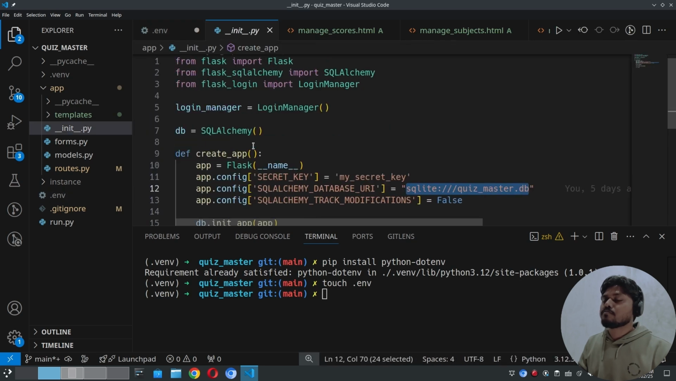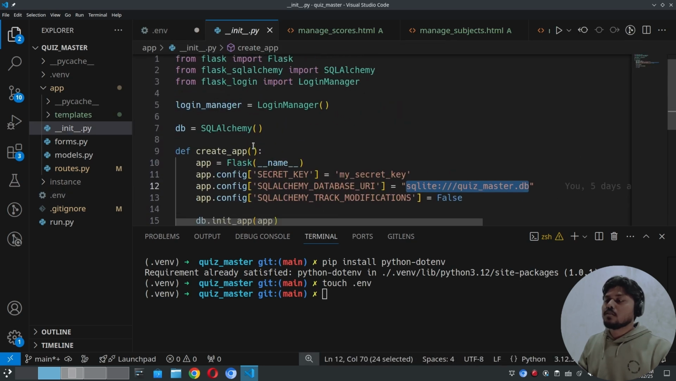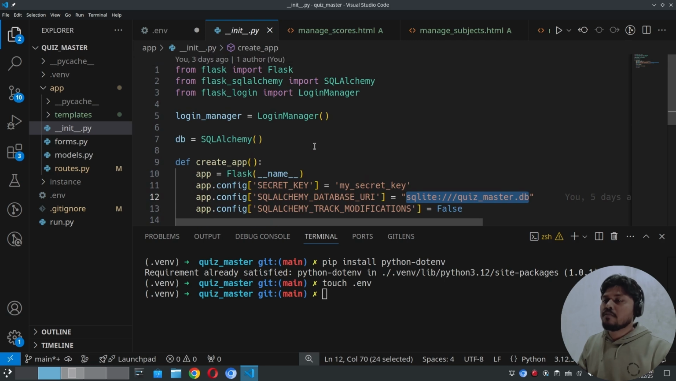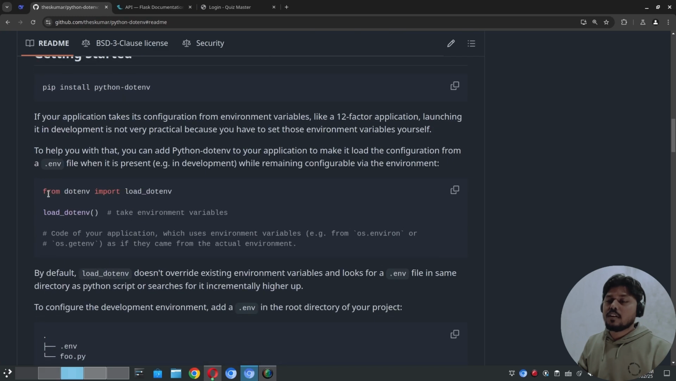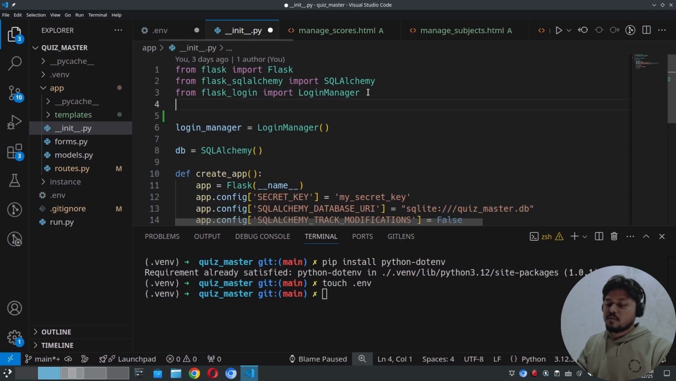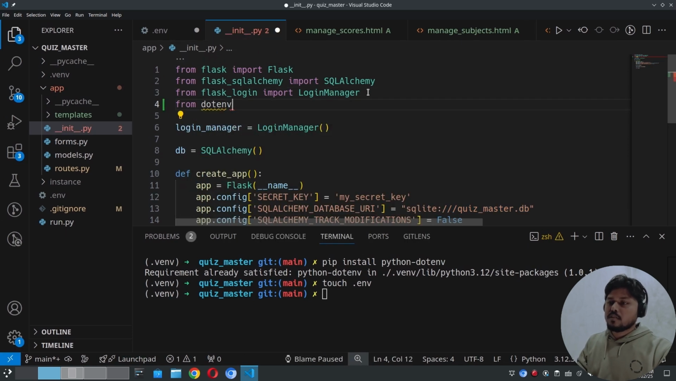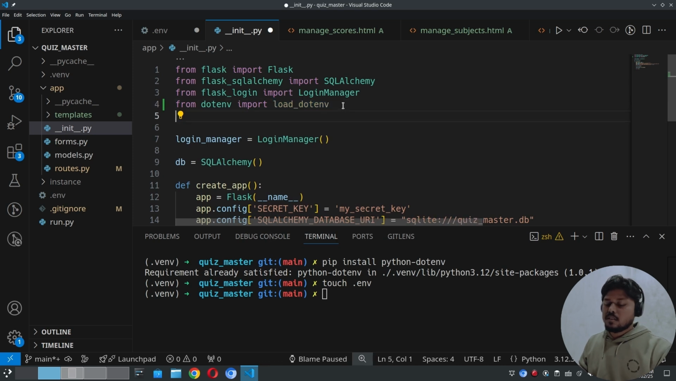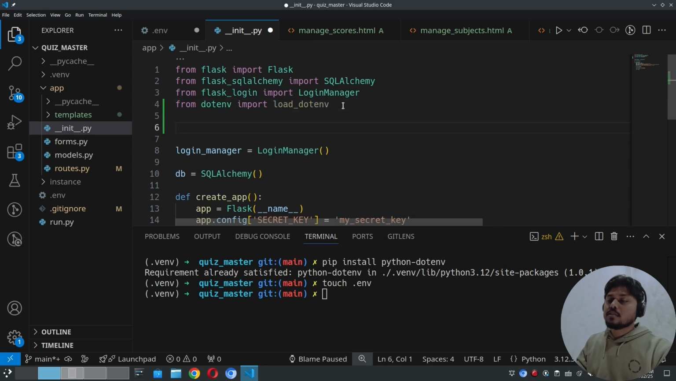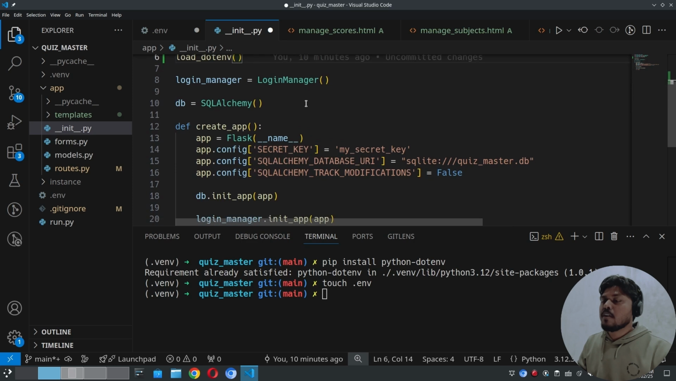And then use the values from the environment. For doing that, import load_dotenv from dotenv. So from dotenv import load_dotenv to load our .env file, and then we can get the environment variables. Create an instance of this one here by calling it, and then we can use